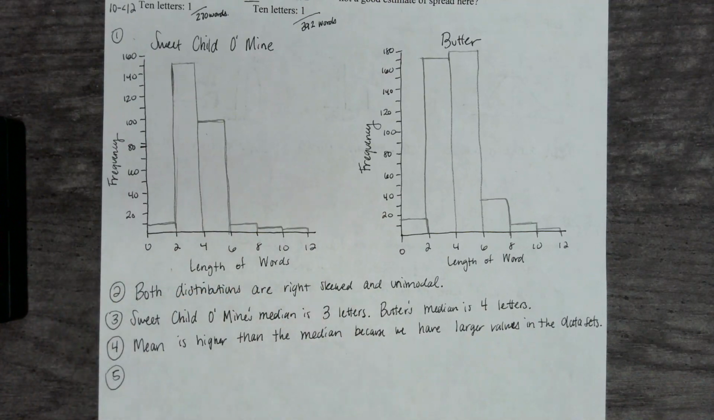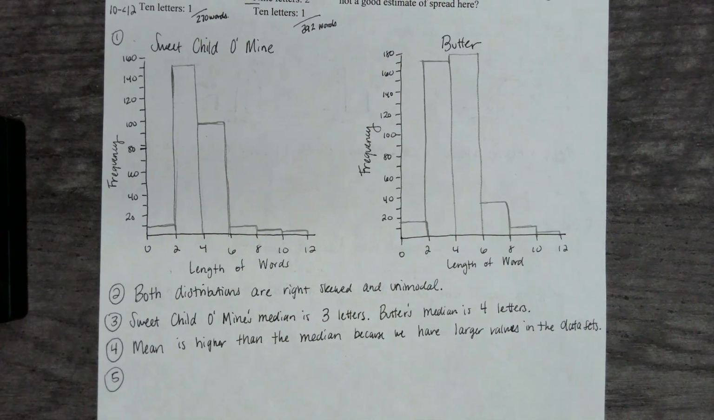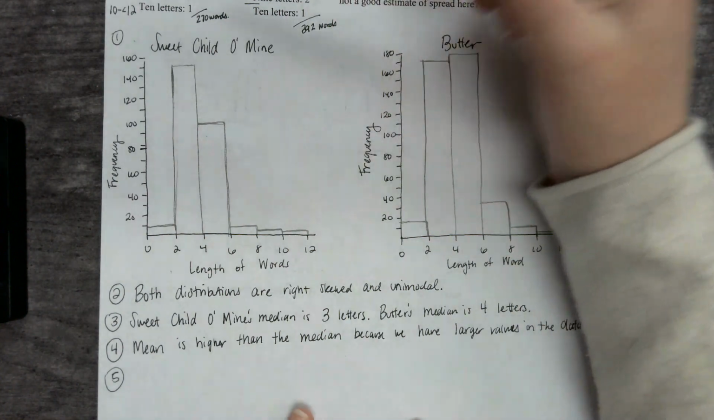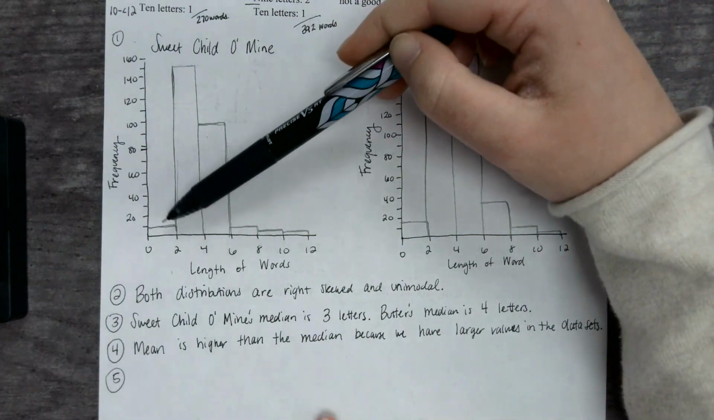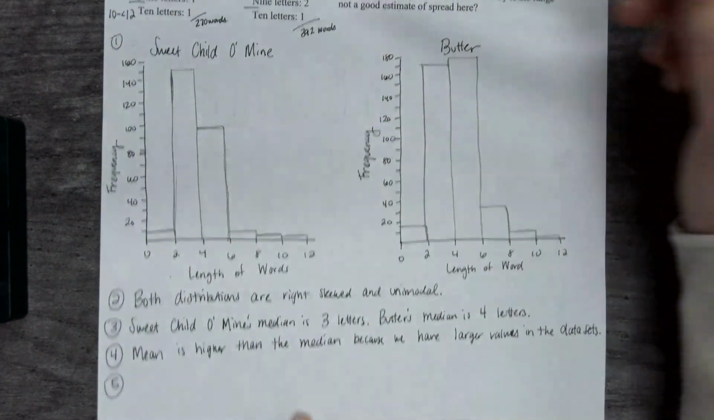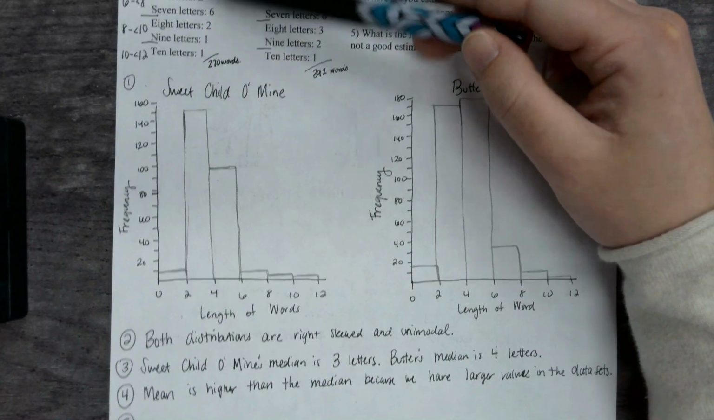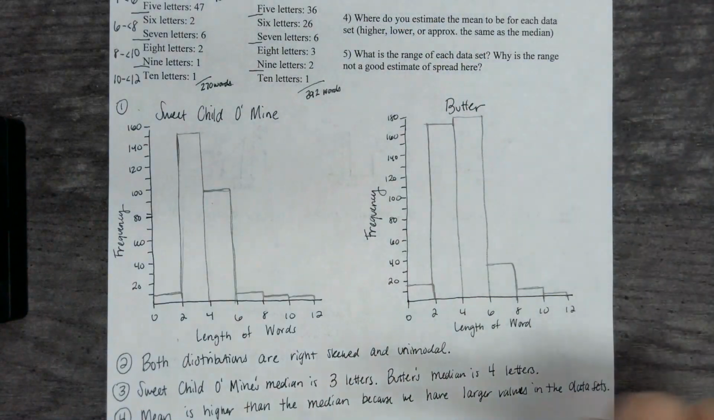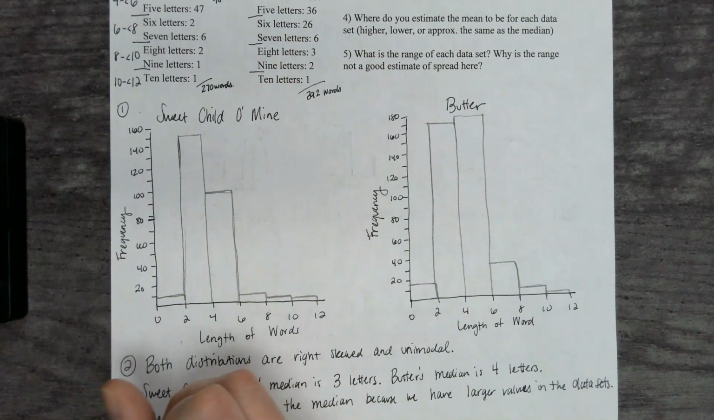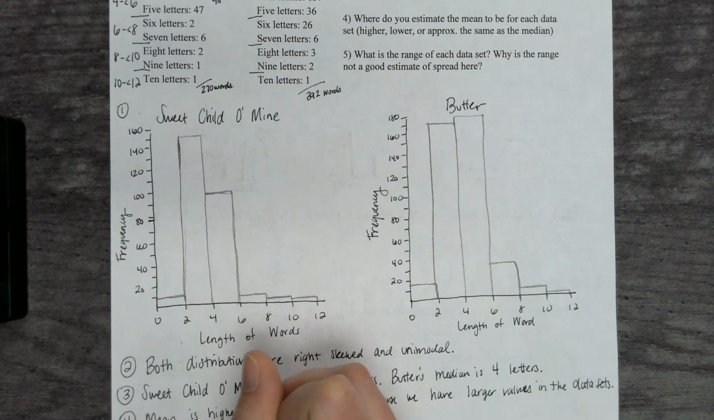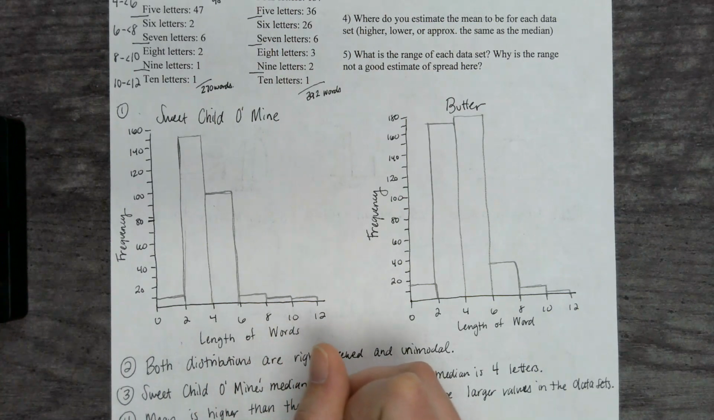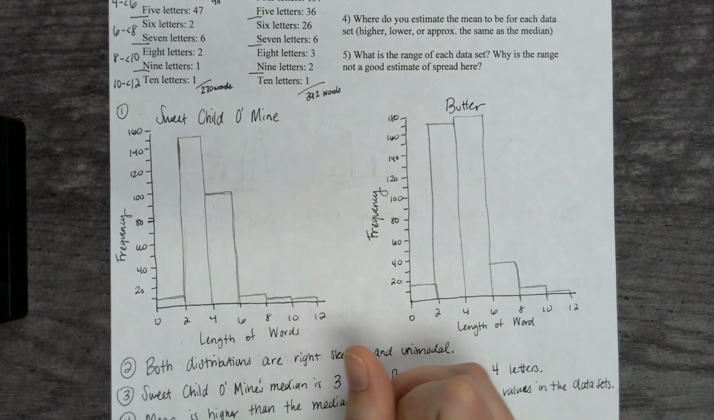All right, last question. So our last question says, what is the range of each data set? If we're looking at the range of each data set, I can take my high value minus my low. Now, if we're looking at my histogram, I could take 12 minus 0 and I get 12. If I'm taking a look at my actual values, I can take 10 minus 1, which is going to give me 9. So my range of the data set is 9 letters,